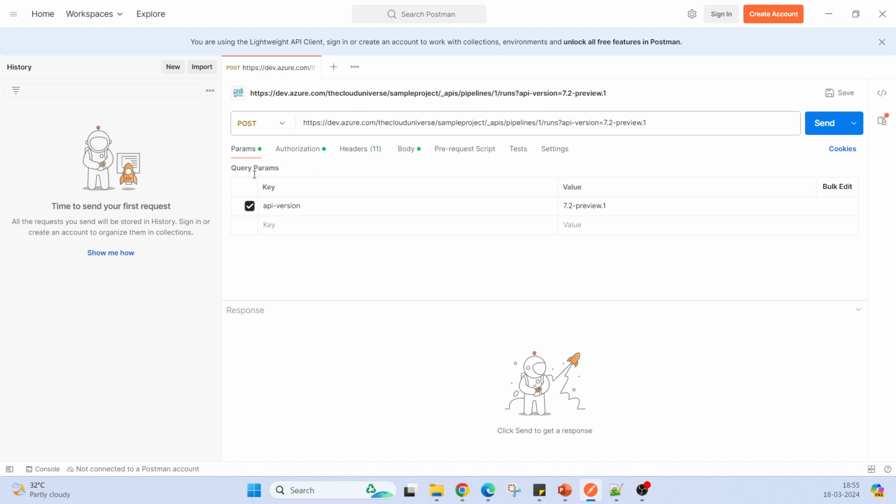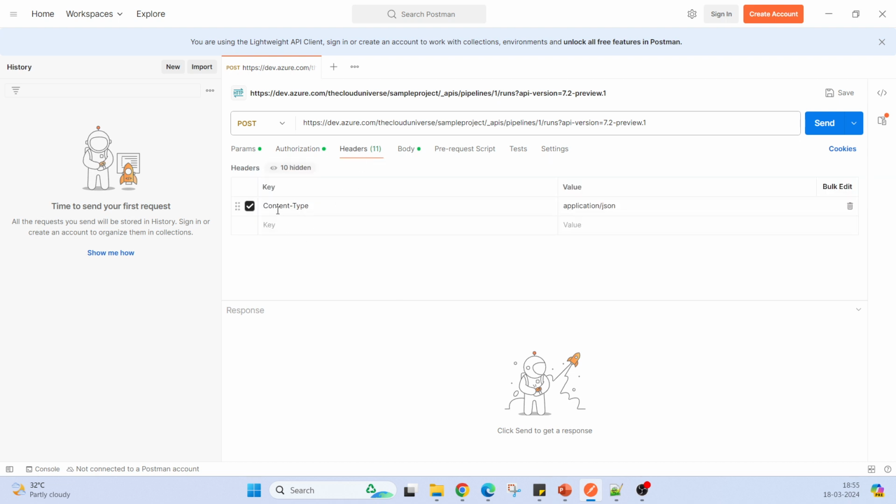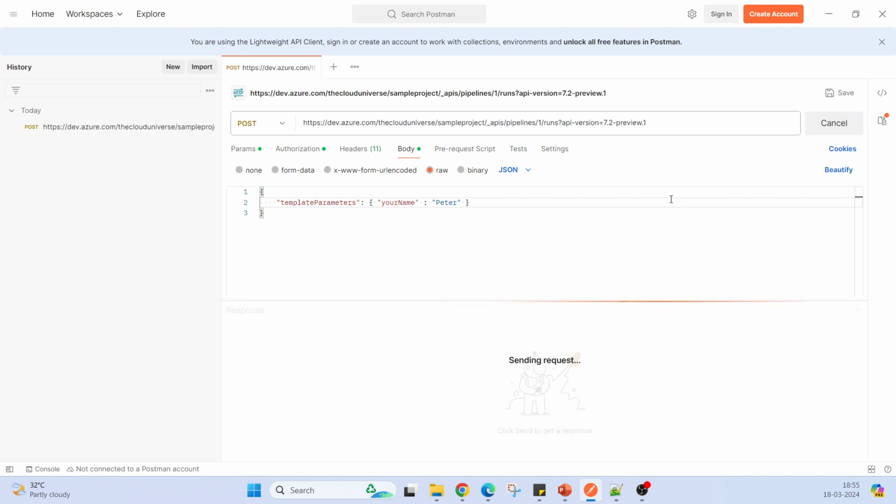And in the param section, we did nothing. In the authorization, we selected basic auth, and then we pasted our token here, personal access token. Under headers, we used content type application/JSON, and in the body we are passing the parameter of that pipeline. Now, if I click on send,